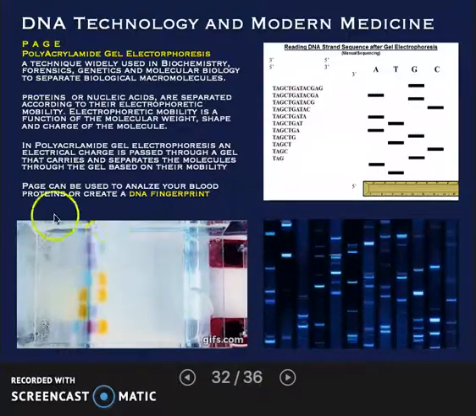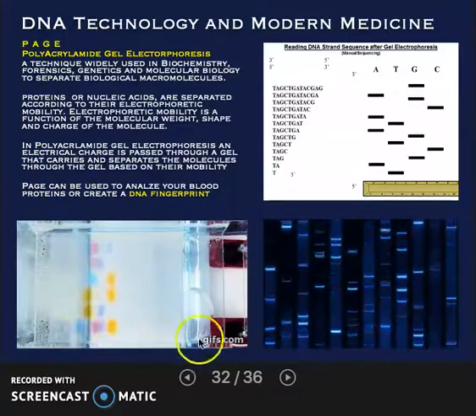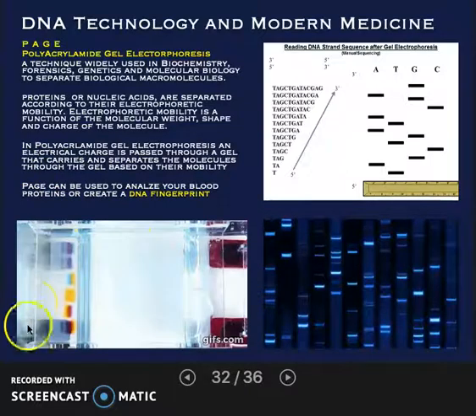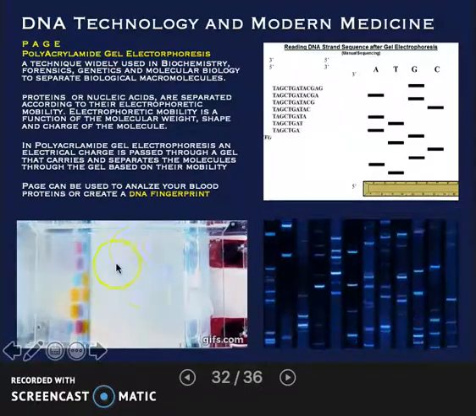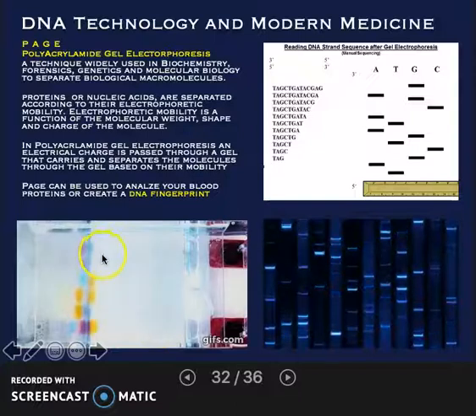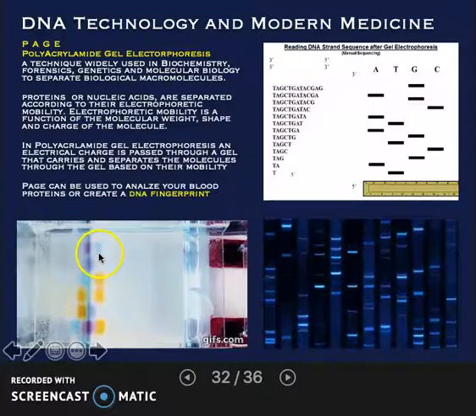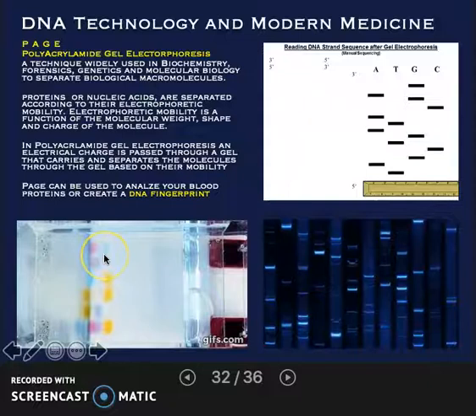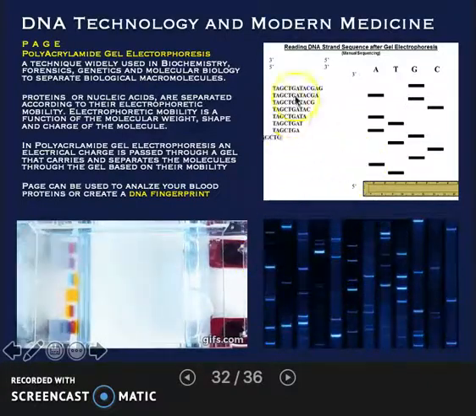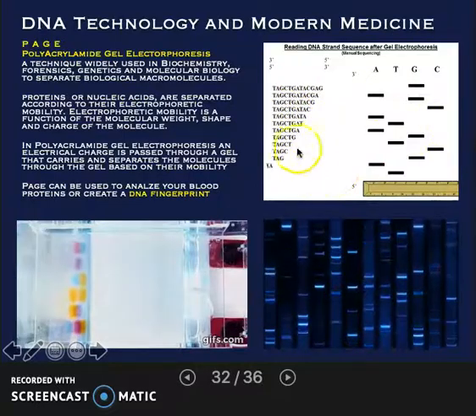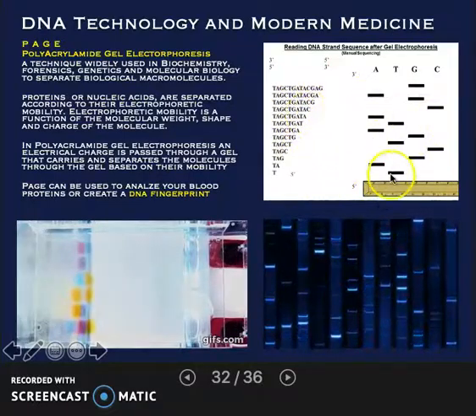All right, so I can separate these things. I can separate these components of the molecules, and then I can do analysis. I can actually cut them out of the gel and say, hey, what is this stuff? I've purified that sample. Now that's the basis for decoding DNA. And here's a way for us to decode DNA.